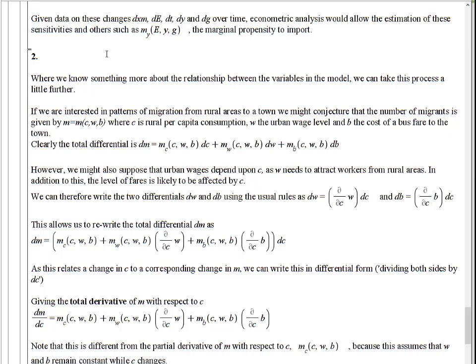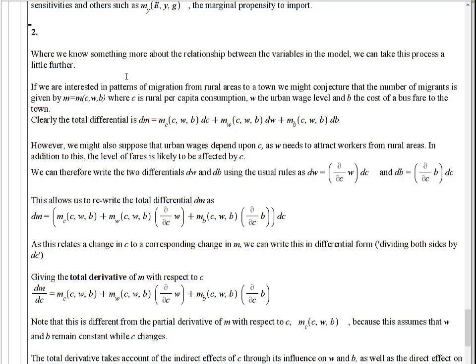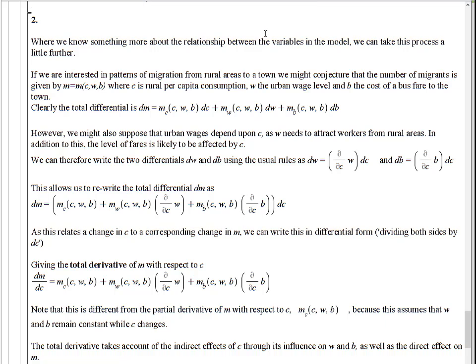On a more micro level, we can go a bit further if you know a bit more about the variables in the model. And I think this is quite a nice demonstration of two principles, or two connected theories, concepts. So, for example, you're looking at patterns of migration from rural areas to towns, and you might think, okay, the number of migrants that arrive per week or per month, whatever you're measuring, is given by these things. So, number of migrants arriving depends on rural per capita consumption, the urban wage level,